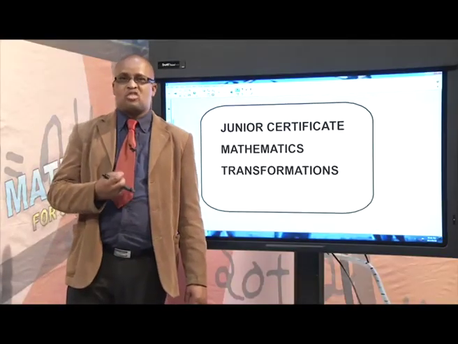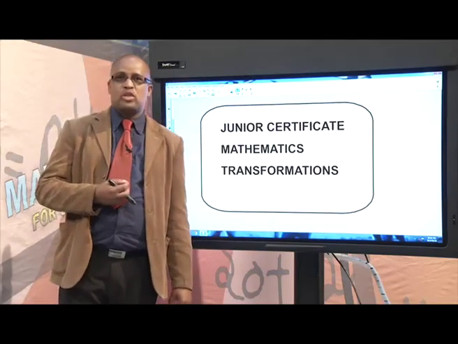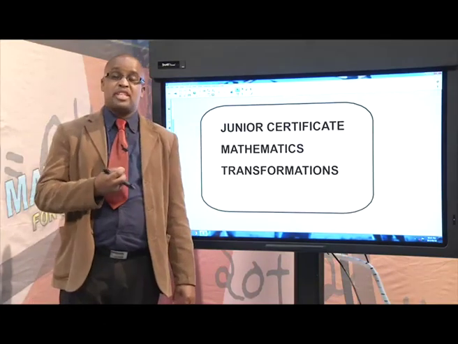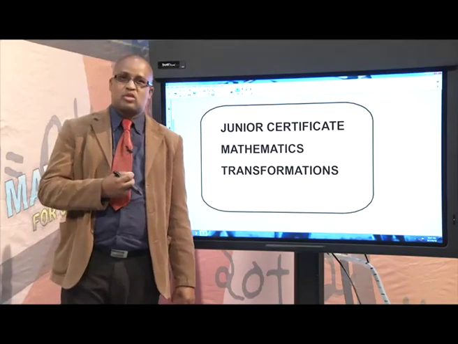In mathematics, when transformations occur, we call the transformed shape the image, and the original shape is called the object. A transformation which maps each point on the original object in the same direction with the same distance is called